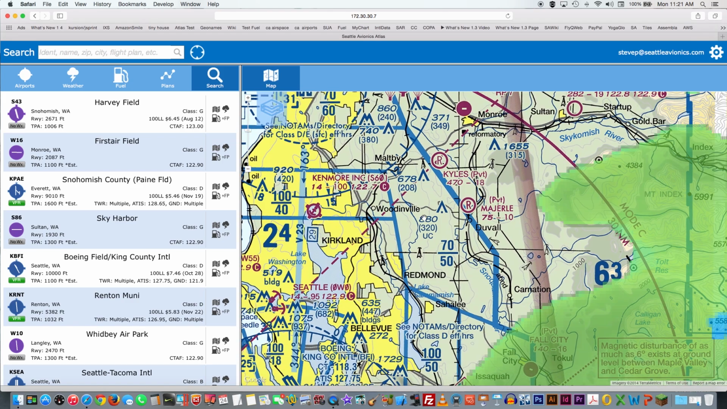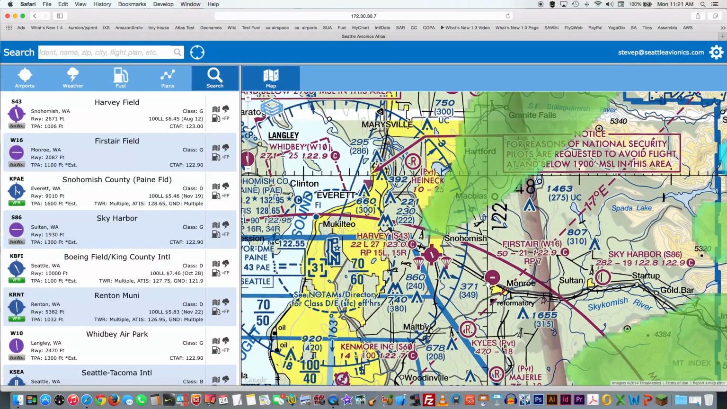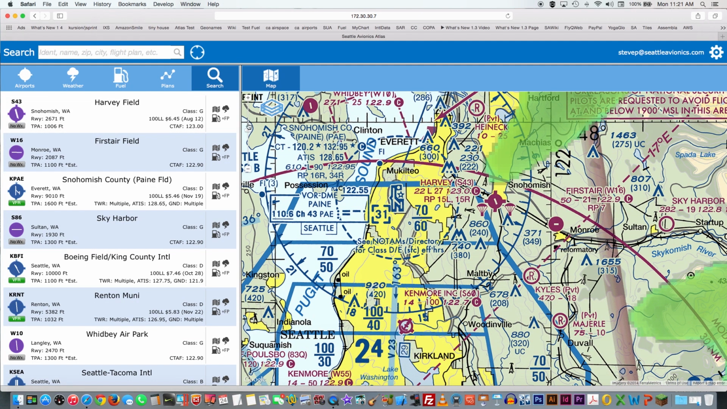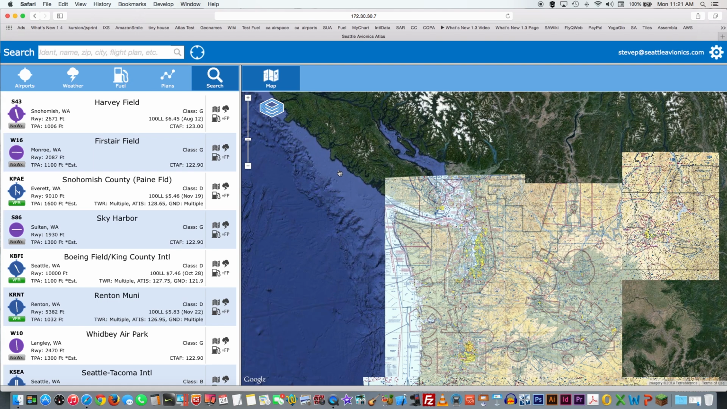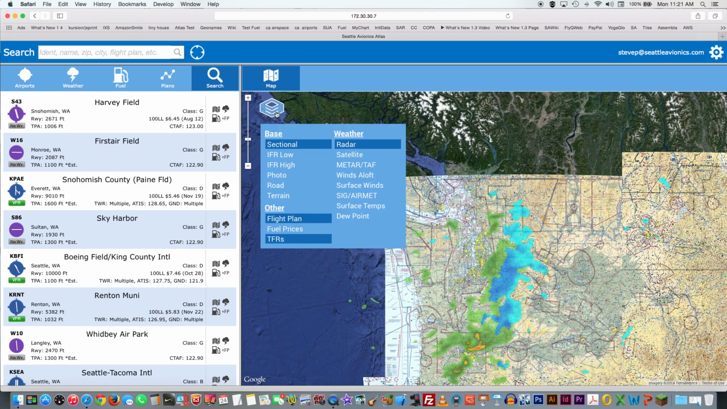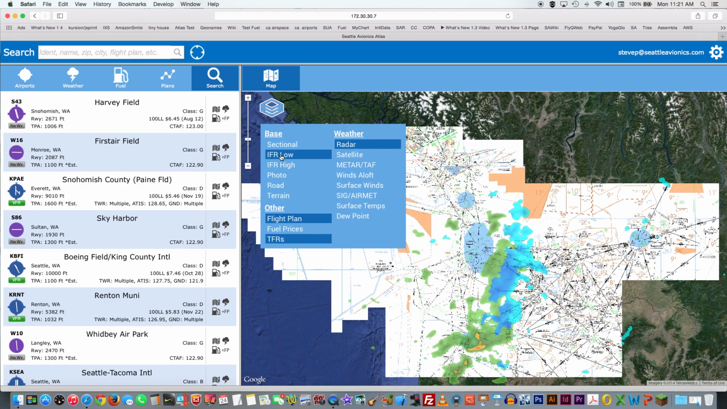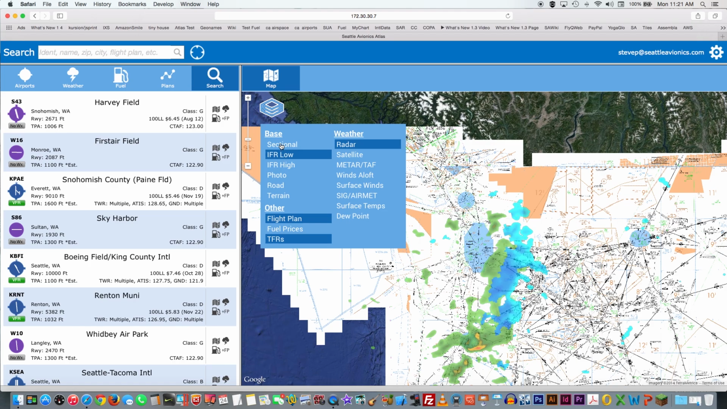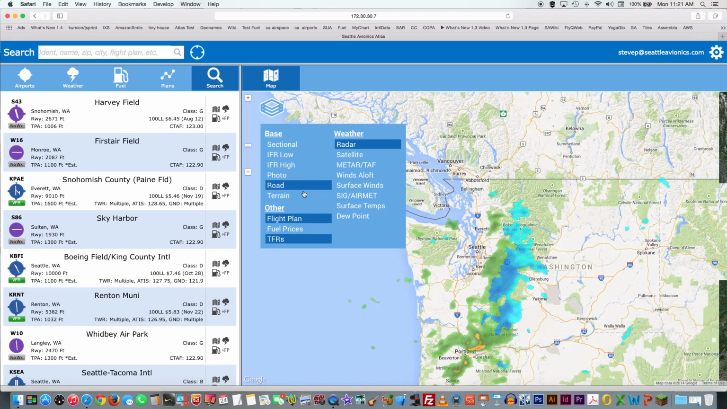The maps are incredibly fast, incredibly clear. You can see that now. Right now I'm overlaying radar images. Let me zoom out the map a little bit. All right, so here's radar on a sectional. If you're an IFR pilot, and if you would prefer an IFR chart, you hit the layers button, very similar to FlyQ EFB. You can select an IFR low map, satellite imagery. You can select road map,